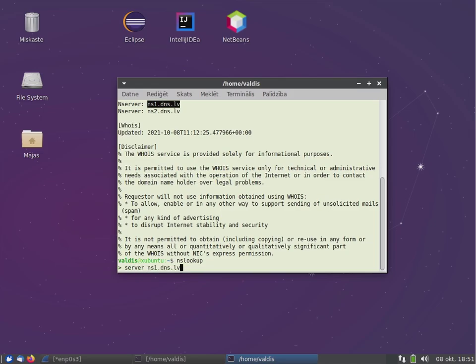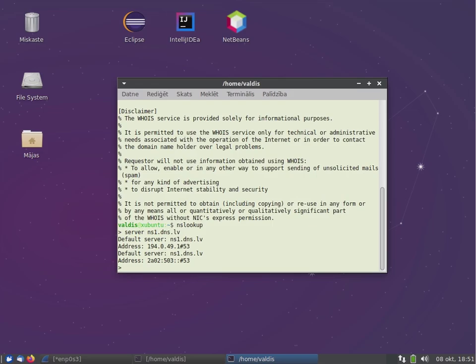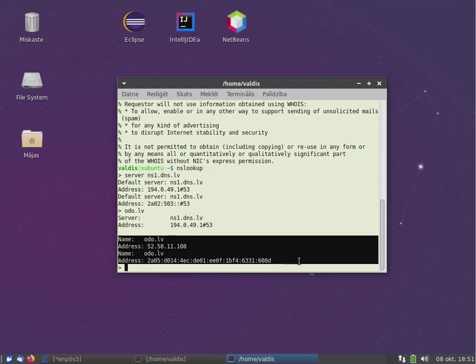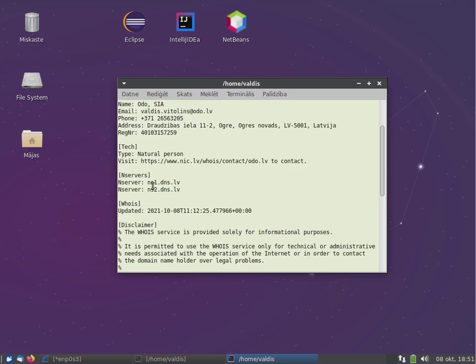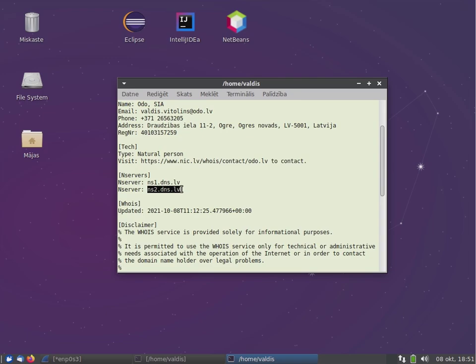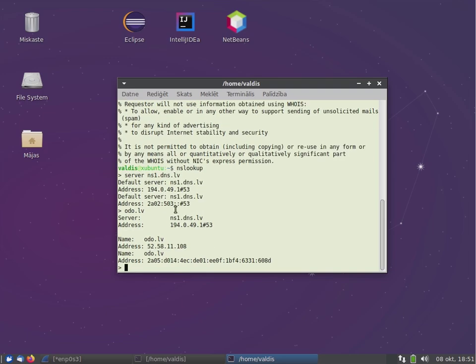And I say the server should be this one. And now I check what odo.lv is. I see, here now it's an authoritative answer. Because actual knowledge about odo.lv or .lv domains in general comes from these two domain name servers. So these are authoritative for this particular domain, and every other server just creates copies of this database to make things faster and more robust.